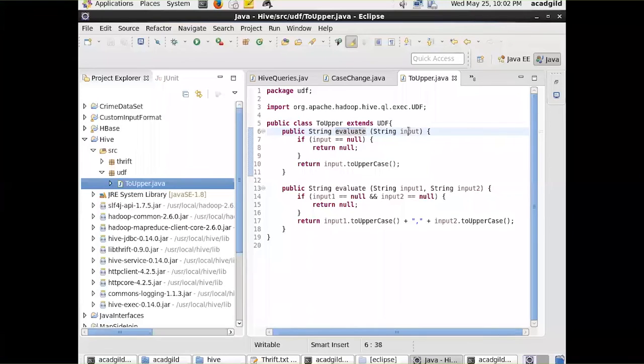I'm taking a string as an input. If the input is null, then I will return null. If the input is not null, I will simply make it uppercase. That is, I will change the case. If it is lowercase, I will make it uppercase, or whatever the case, the final output will be uppercase. But if I try to give two inputs